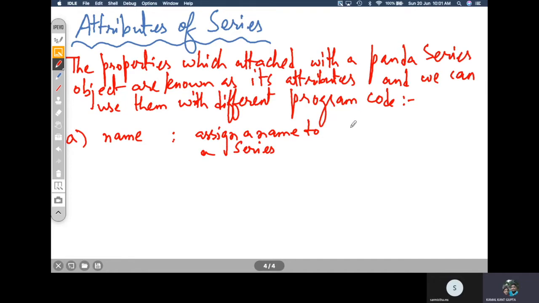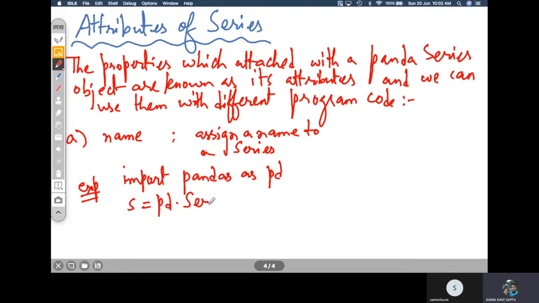So let us first create a series. As an example of the use of this attribute, first let us create a series called S. So import pandas as pd, and then you can write S = pd.Series, and write the names of cities.